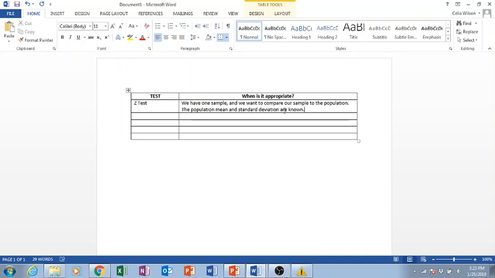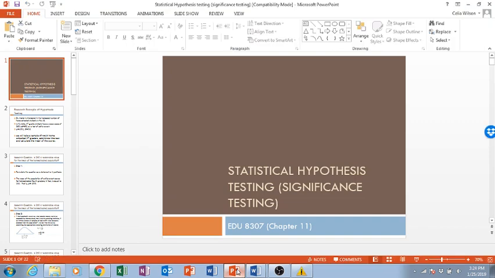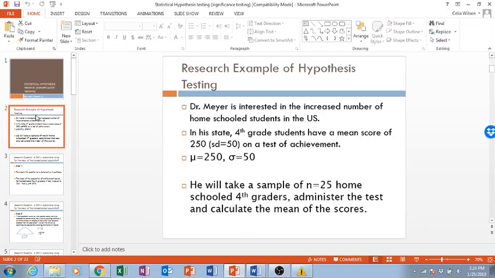But the way I want to talk to you about the Z-test is through an example. So I'm going to click over to my PowerPoint here. I think going through the process in a context is going to be more meaningful. So here we go. We are going to use this example about Dr. Meyer. Now, Dr. Meyer is interested in the increased number of homeschooled students in the United States. In his state, 4th grade students have a mean score of 250, standard deviation of 50 on a test of